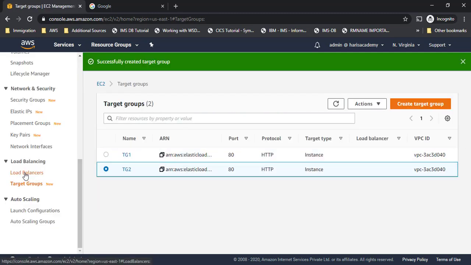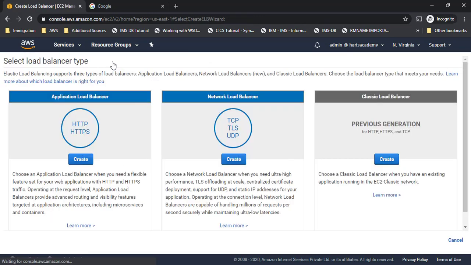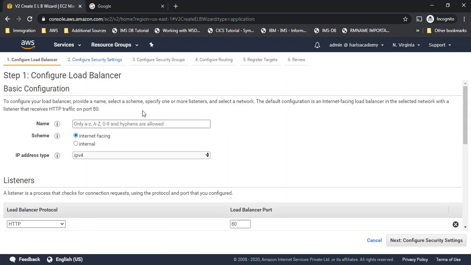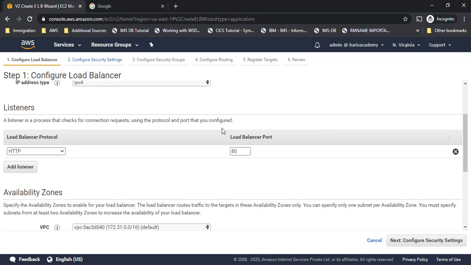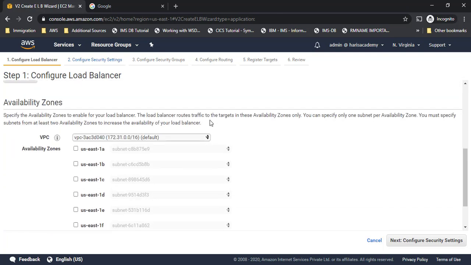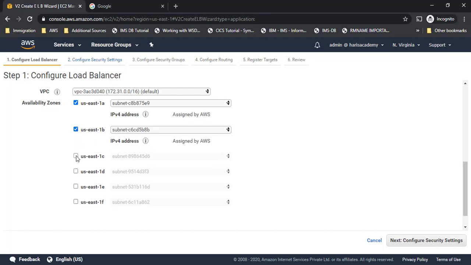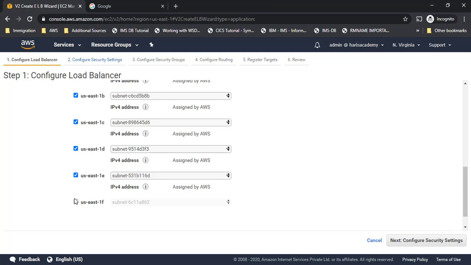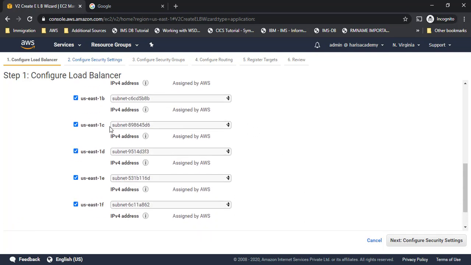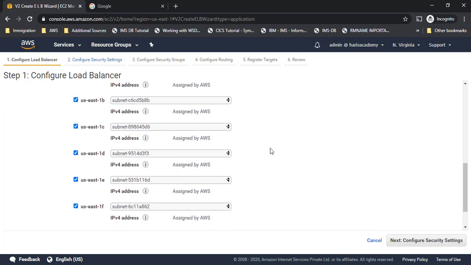Now the next step is to create a load balancer. I'll go to load balancers and click create load balancer. Earlier we created a classic load balancer. Today we are going to create an application load balancer. I'll click on create, and this is for layer 7, and I'll give it the name application load balancer demo, ALB demo. Here I'm not going to change any listeners because this is HTTP, it looks good. We haven't discussed subnets earlier, so let us select all of them for now, and in the upcoming sessions on networking we'll definitely learn more in detail about VPC as well as subnets.